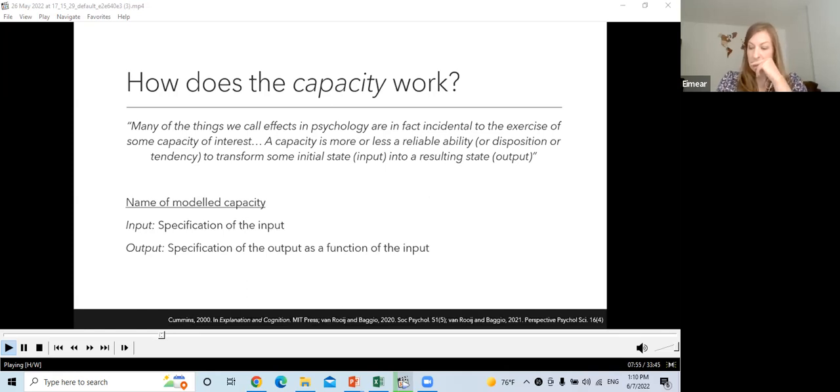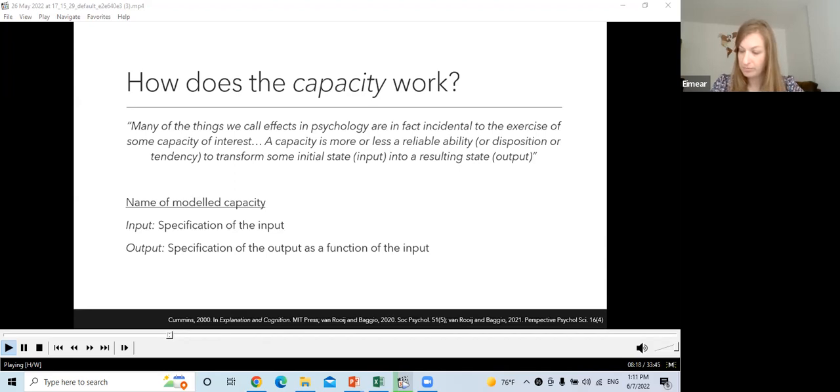So an example, and you'll notice I lean quite heavily on fantastic work from Iris van Rooij and other colleagues of hers, some fantastic work looking at how to formalize theories, what theories are about in cognitive psychology, and I'll lean on that quite heavily.